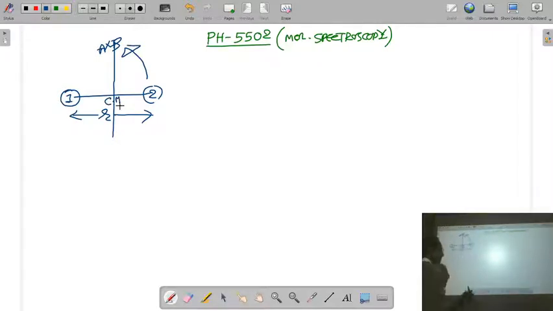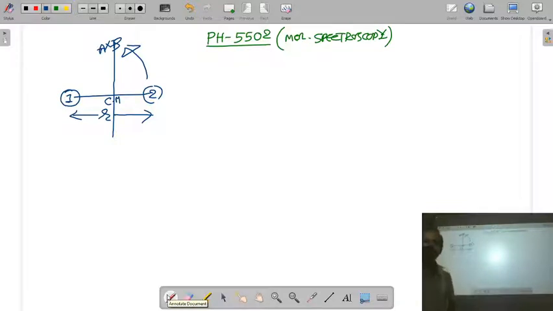This axis is known as the axis of rotation, about which the molecule is rotating, and due to the rotation the molecule has rotational energy. In order to calculate the rotational energy of the molecule, we have considered this molecule as a rigid rotator and applied the rigid rotator model.